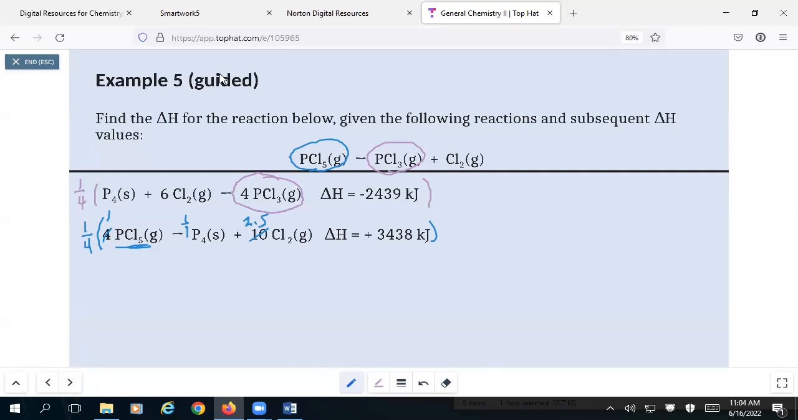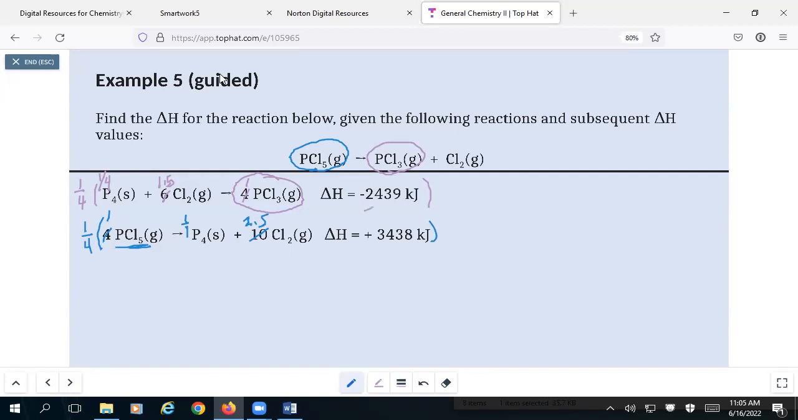Multiply everything by 1/4. 6/4 is 1.5. And that makes this one a 1. Now I forgot to do it for the bottom one. I need to do it for the top one as well. I need to divide those enthalpy values by 4 as well. So negative 2439 divided by 4